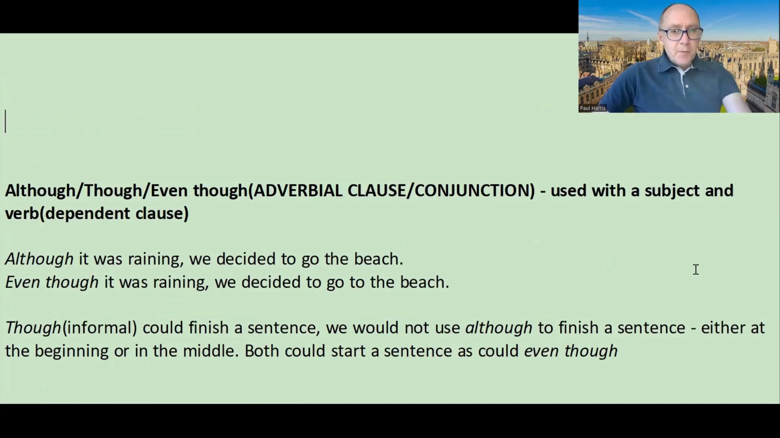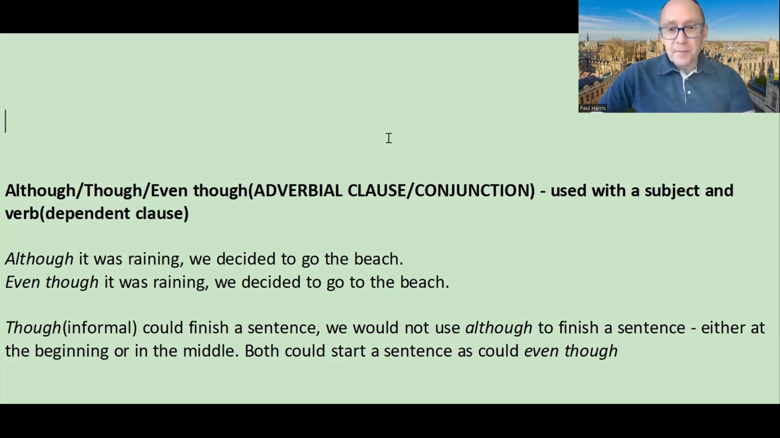Okay, so let's talk about these words here: although, though, even though. Even though tends to be slightly more emphatic than although and though. They are all conjunctions, and they would typically begin adverbial clauses. An adverbial clause is words such as these. These are adverbs, and they will be used with a subject and a verb, and what would be called a dependent clause. Dependent clauses are essentially things that can't stand by themselves, but need something else to give